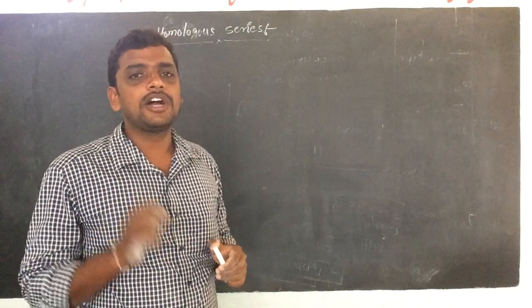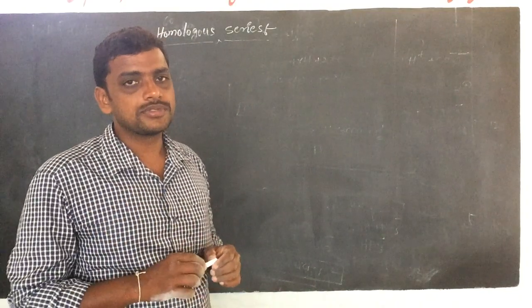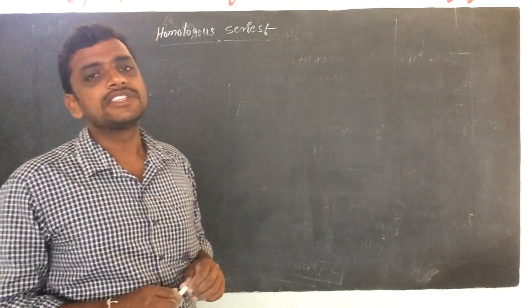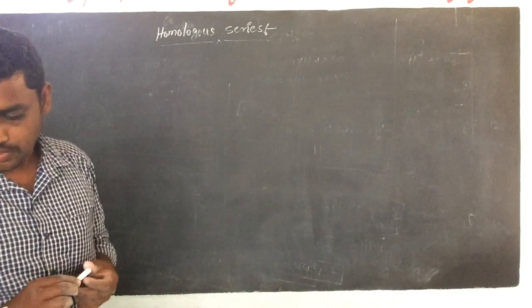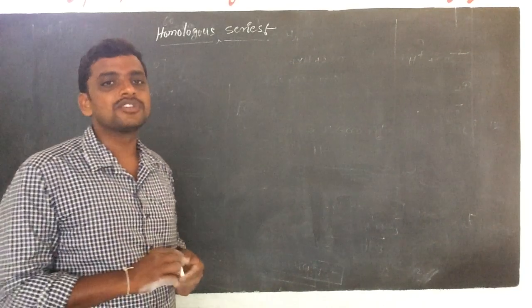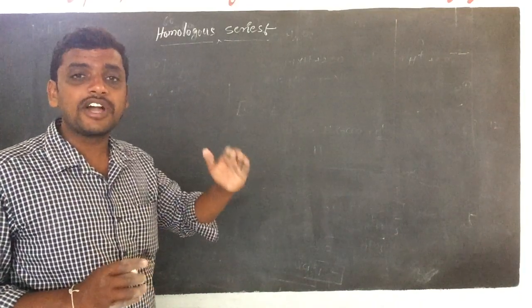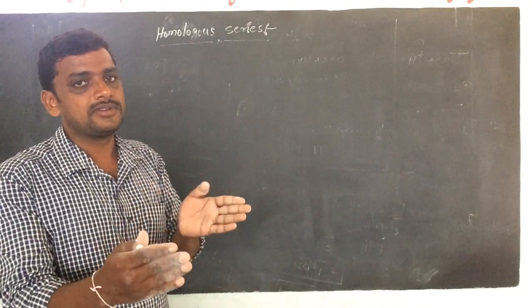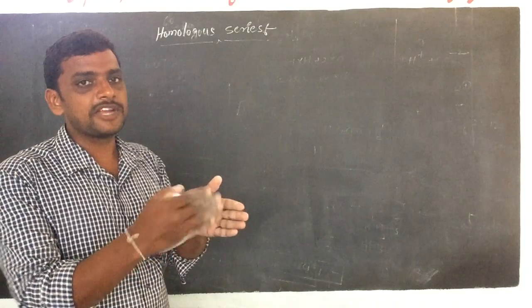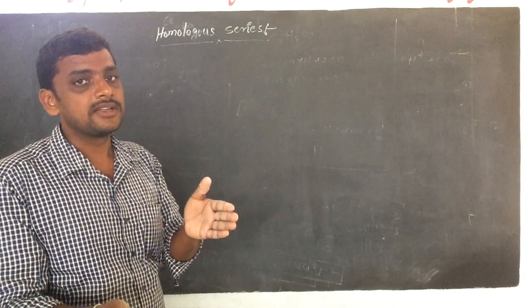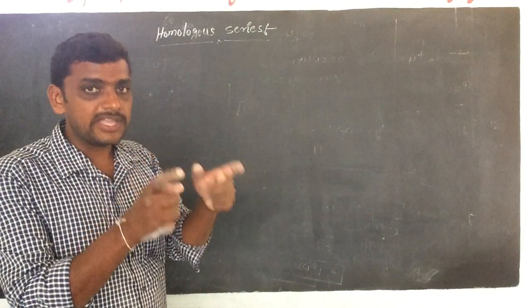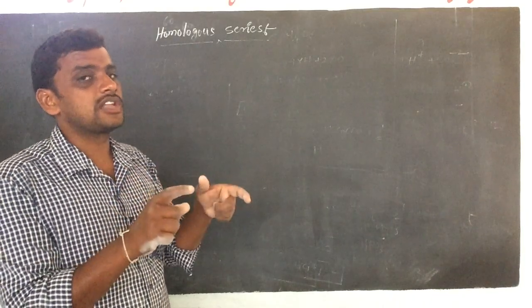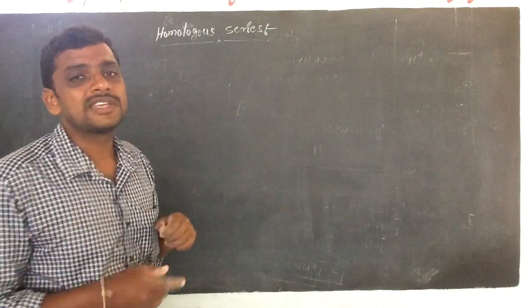The carbon compounds in which two successive compounds differ by a CH2 functional group are called a homologous series. Or, the series of carbon compounds, two successive compounds. Two successive means one after one, side by side. The series of compounds which differ by a CH2 functional group are called a homologous series.